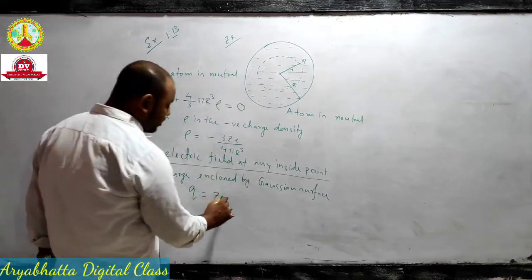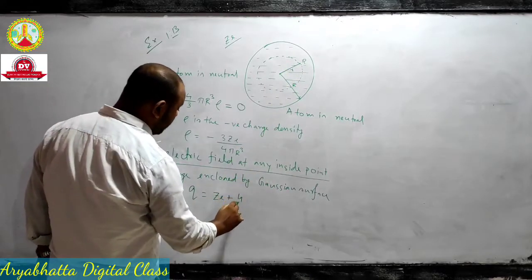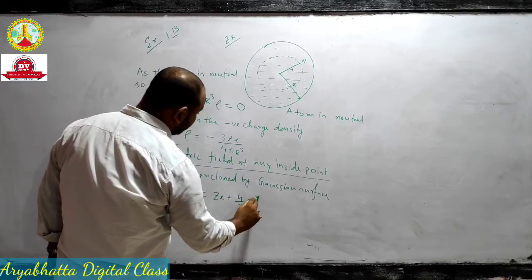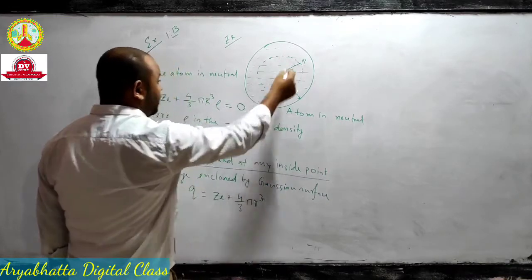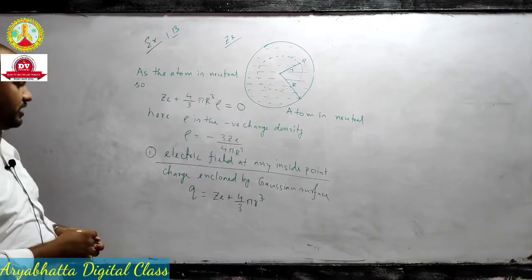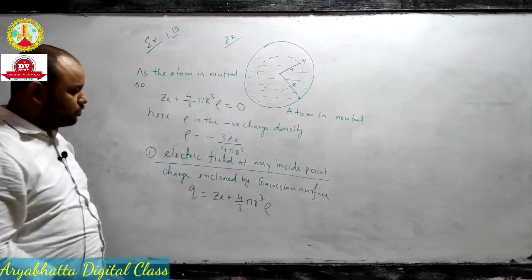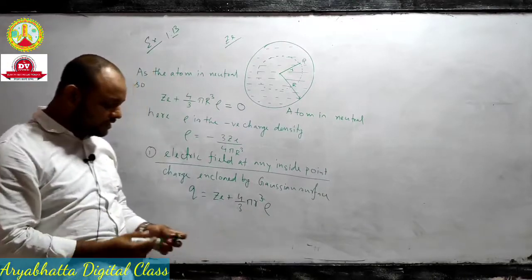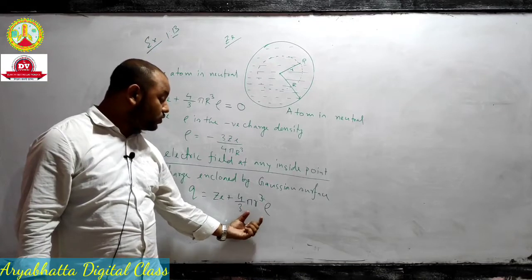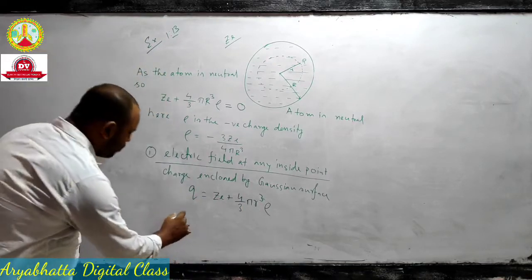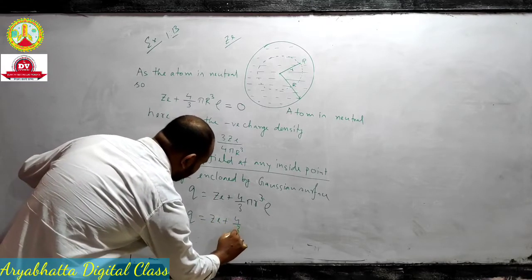एनक्लोज किया? ओके, the radius of the Gaussian surface is small r. The volume will be how much? 4/3 pi r cube is the volume. This is the volume of this sphere, volume of the Gaussian surface, and rho is the negative charge density. Rho is what? Rho is the negative charge density. So this is the total negative charge enclosed by the Gaussian surface, or you can write ZE plus 4/3 pi